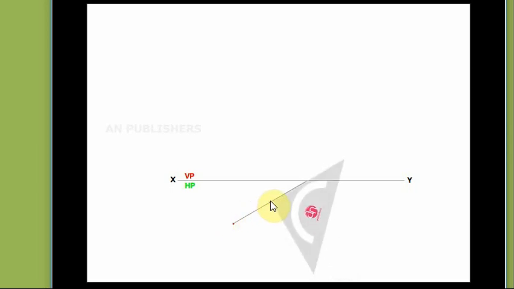Now draw a perpendicular line 30 mm. Then the other side, the third edge of the base, 30 mm. Now the fourth edge.